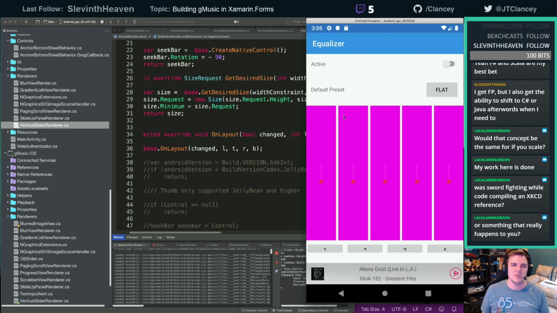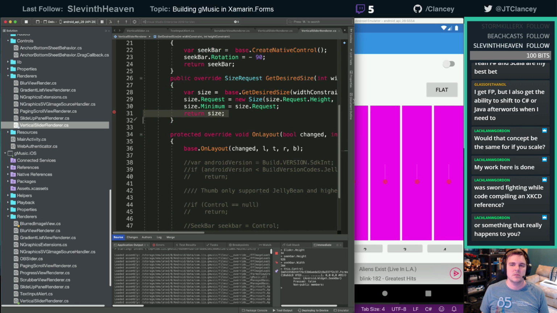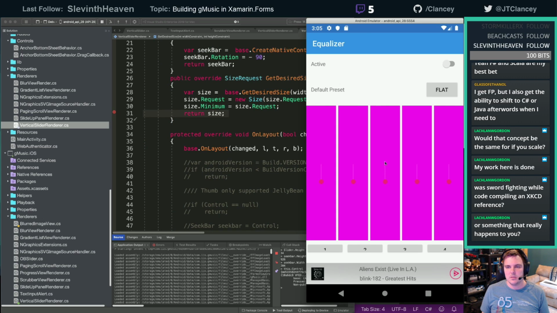Come on! Anyone have thoughts on how to make that thing get big?